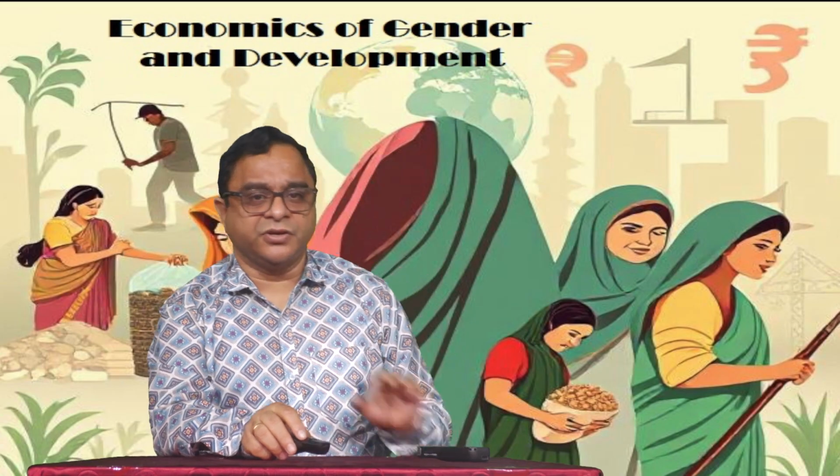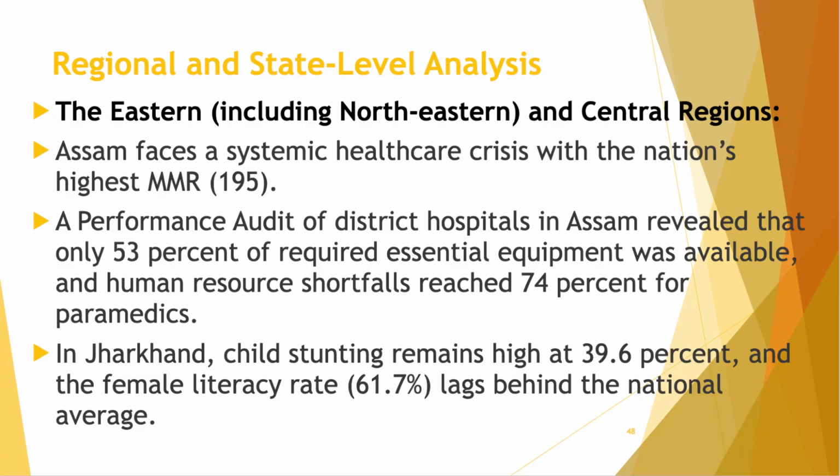And in the eastern region, which also includes the northeastern states and the central regions, Assam faces a systemic healthcare crisis with the nation's highest MMR of 195. A performance audit of district hospitals in Assam revealed that only 53% of required essential equipment was available. And human resource shortfalls reached 74%